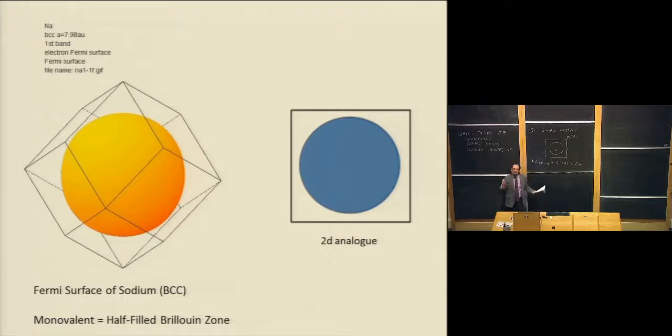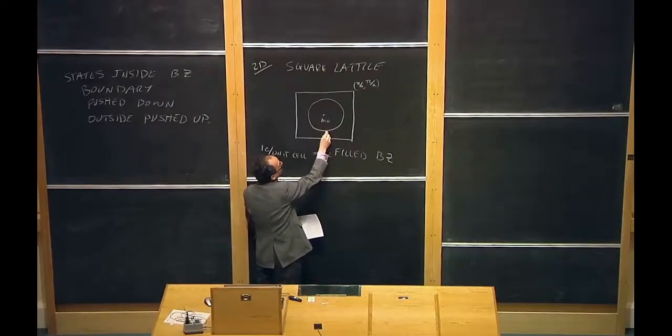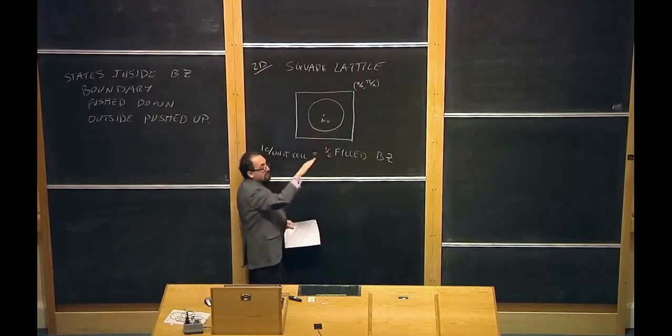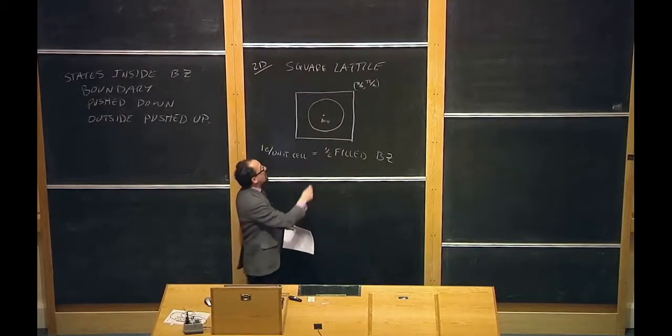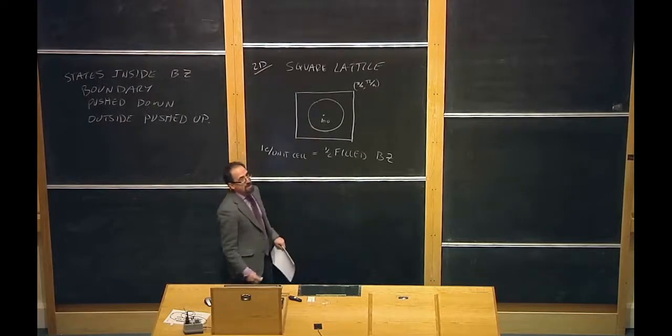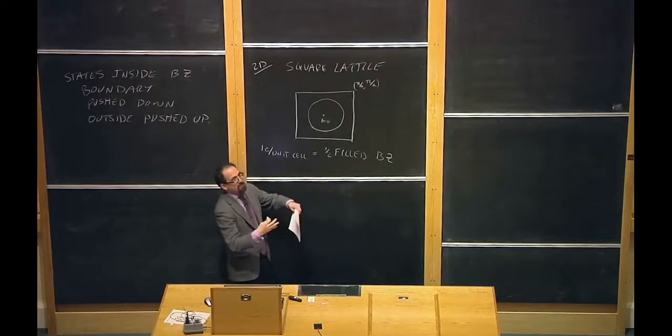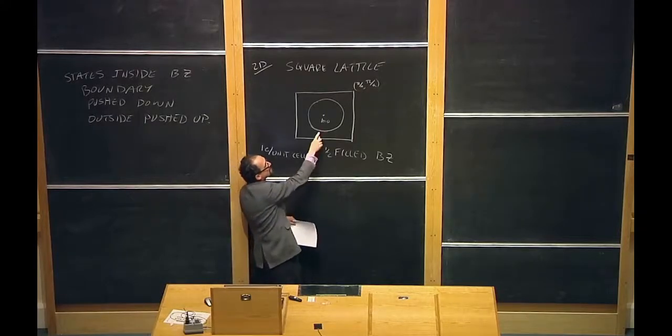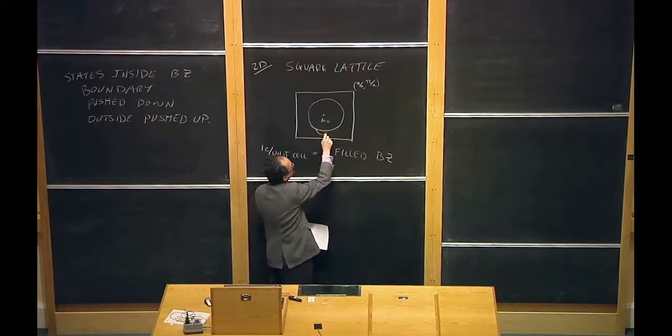Now, what happens when we add a stronger periodic potential, where we let the periodic potential start moving around the energy of certain states in the Brillouin zone? Well, what happens is the states near the Brillouin zone boundary, but inside the Brillouin zone boundary, get pushed down in energy. And the states that are closest to the Brillouin zone boundary get pushed down the most. So if you consider a state around here, this is pretty close to the Brillouin zone boundary, so its energy is getting pushed down more than a state here whose energy is getting pushed down less. As a result, the Fermi surface wants to deform in such a way that more states around here are going to fill. So it's going to sort of deform like this,